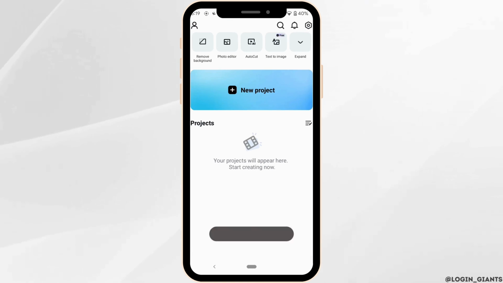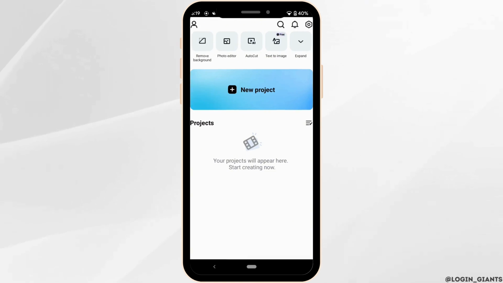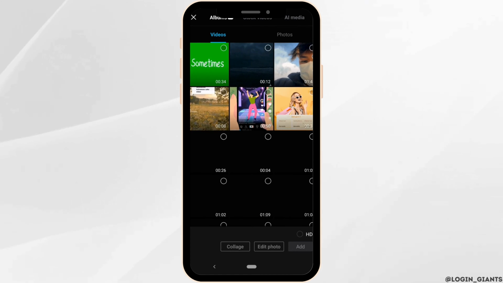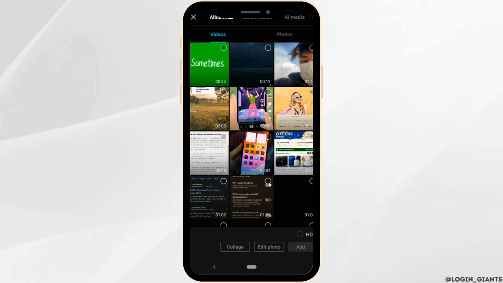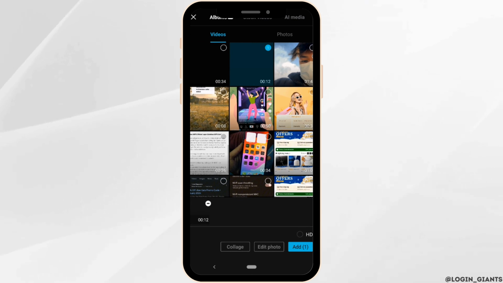Tap on New Project and then click on Allow. So inside the gallery, you should at least have the two videos. One is the video that you want to add the green screen and the other one is the green screen. First of all, select the video in which you want to add the green screen and then click on Add